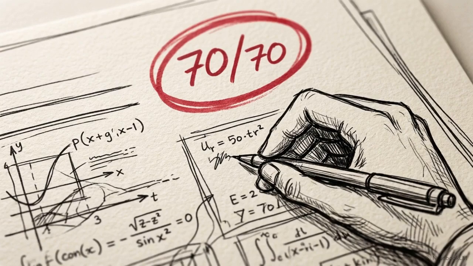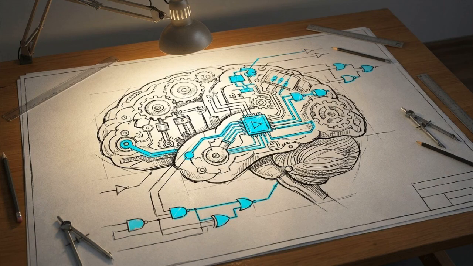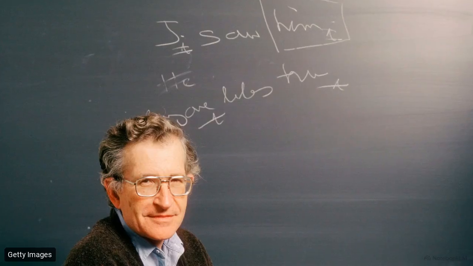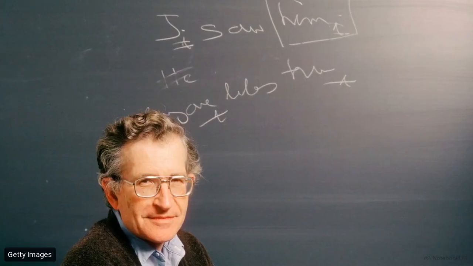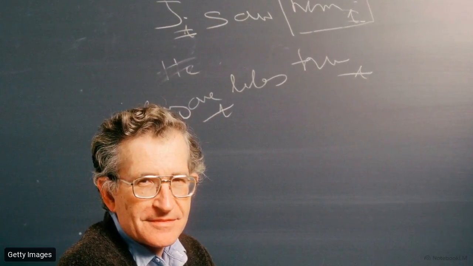If you want a perfect 70 out of 70 in theory of computation, you need to stop memorizing disconnected rules and start seeing the underlying architecture of these machines. This is your exact blueprint for the exam. Every automaton we study is a basic machine that gains computational intelligence by bolting on a progressively more complex memory